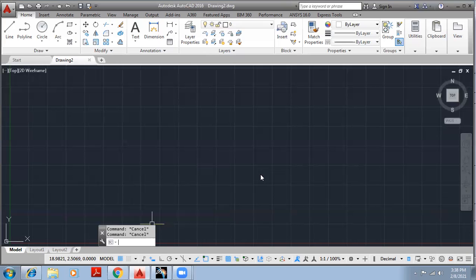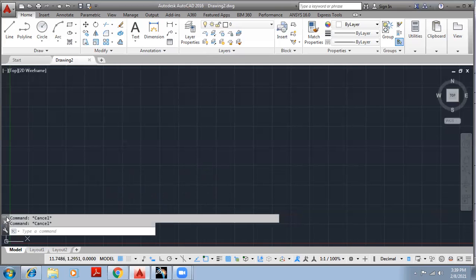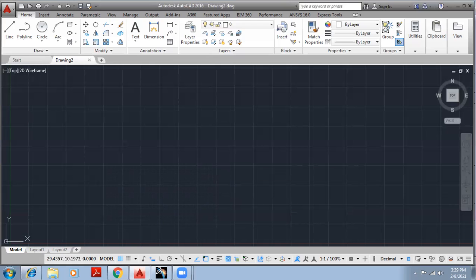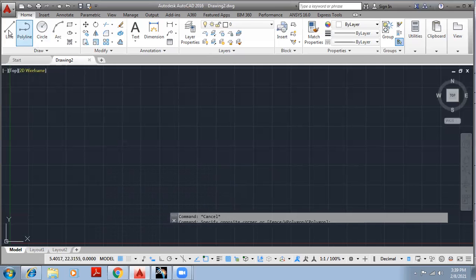It will always be there. By default, it is open. If we don't want to go with commands, we can simply close this window. So we have one option: we can close this window. But generally we don't close this particular window because it helps a lot. If we want to go through the options with these panels, it will take time.